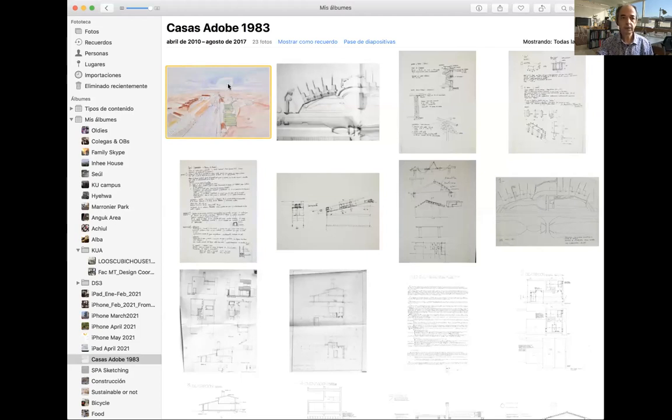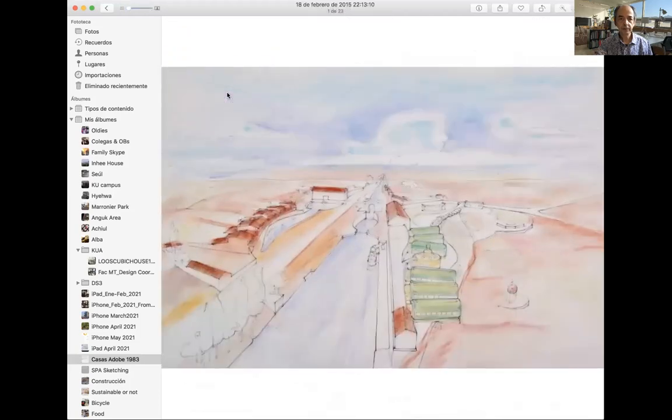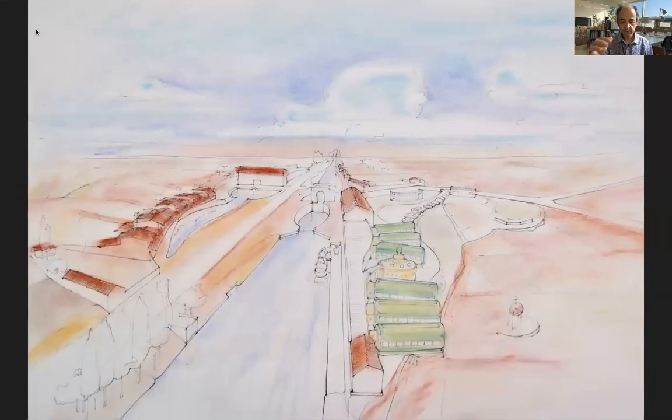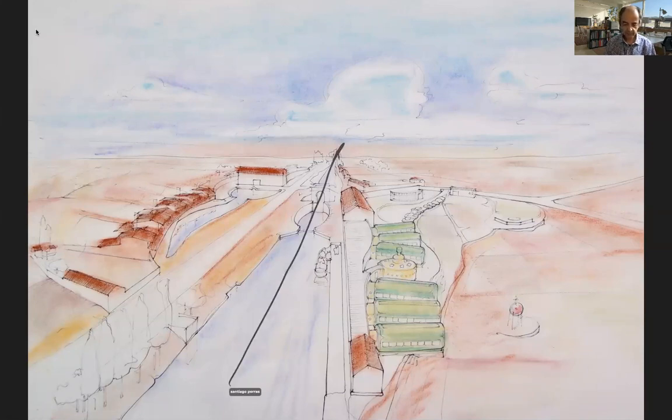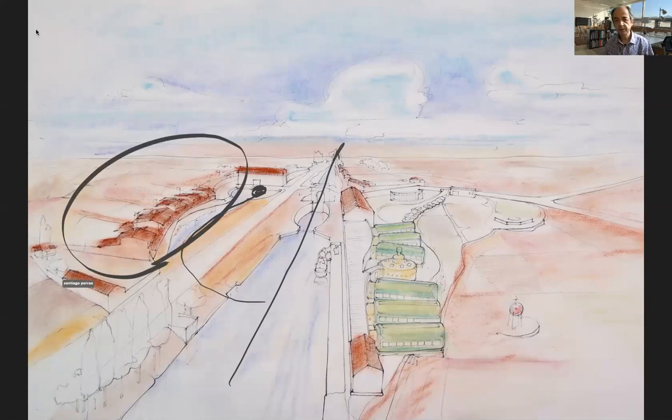Okay, you can see. This is actually 1982, not 1983. Let me have the full screen. This is just a Studio One project in a rural area. We have an existing water channel with a detour to have a water mill. There's a set of rural houses on one side. On the right side is a small school.